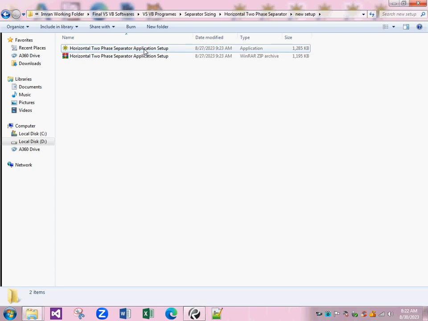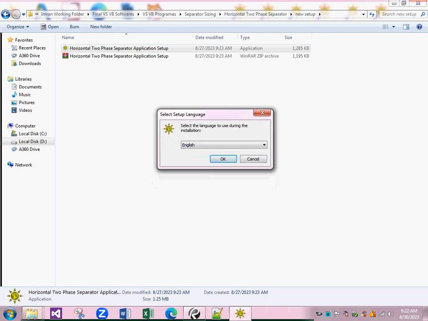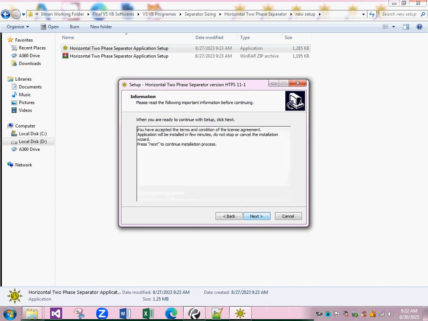www.petrosoft.com, then you can simply double click the setup file. The setup installation wizard will be launched on your screen. From the language section, you can select the appropriate language and then press the OK button. It will take you to the license agreement page, where upon selecting the appropriate option, you can press the next button. It will take you to the next information page, where again you can press the next button,